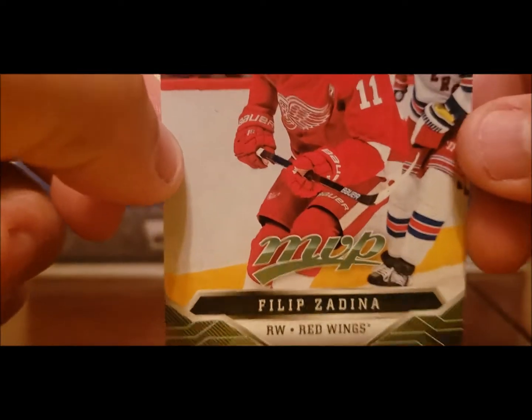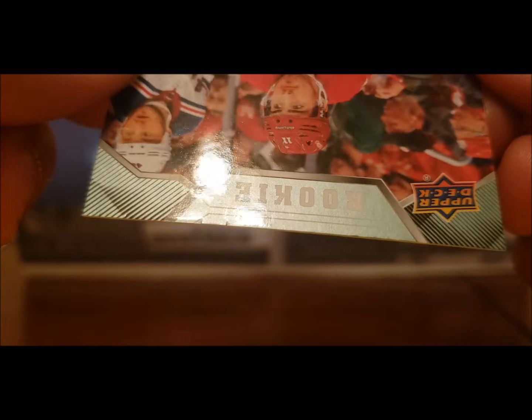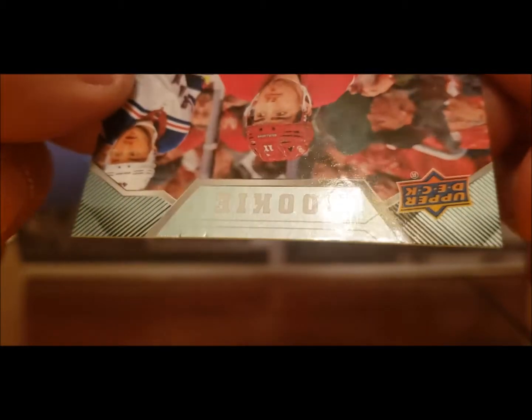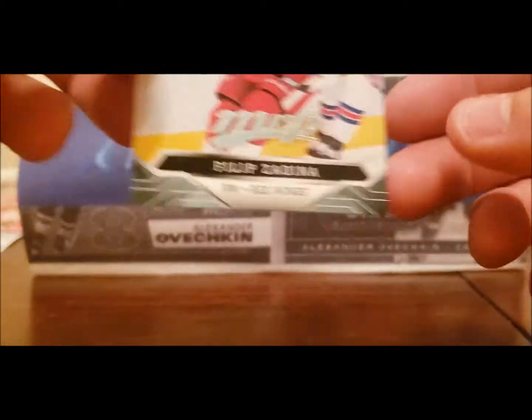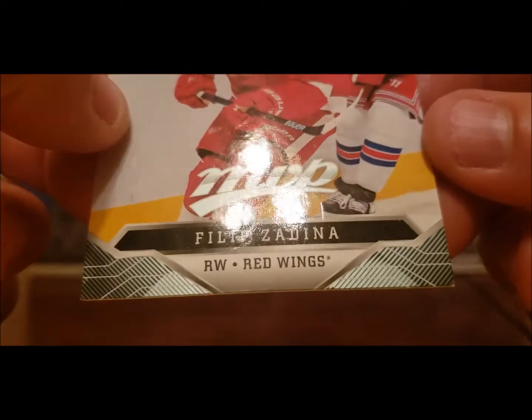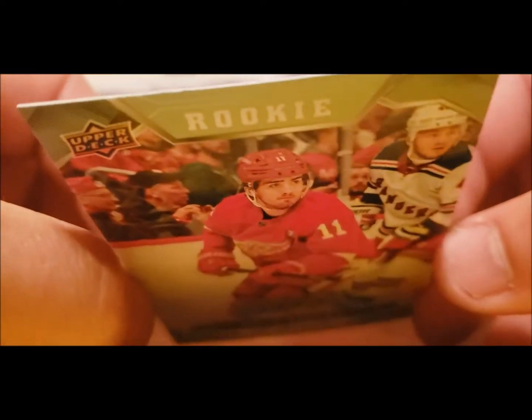But what I didn't notice until I pulled this one out, I don't know how well you'll see it, right there. Teeth marks. That is probably from the processor. And being it is a rookie card, one of a guy who's already getting a lot of hype for 19-20, it pains me to have to take it out because I was really stoked to pull it, but with that, and with that up there,